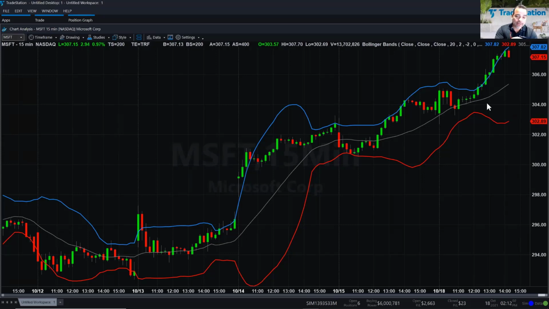So looking at the chart of Microsoft and the lines that you see in front of you, we have an indicator that's telling us that 95% of all the data points in Microsoft are going to be within the 2 bands, within the 2 standard deviations. Whenever the prices are outside of the bands, meaning above the blue or below the red, it means that the symbol has reached an extreme and is likely to go in the opposite direction. So what we have here, and I'll point out a few examples on the chart,